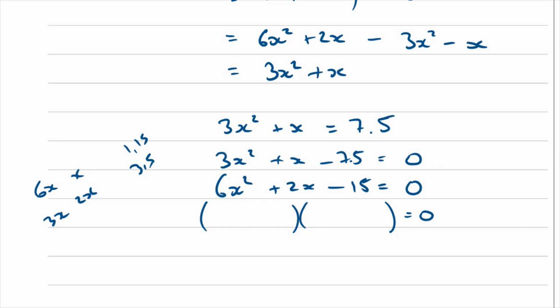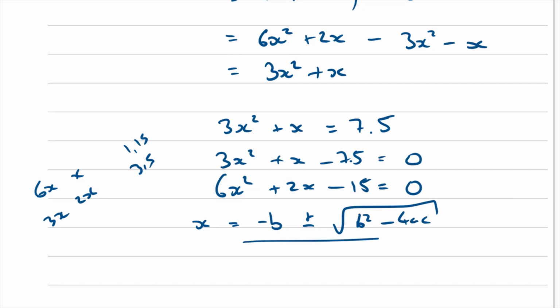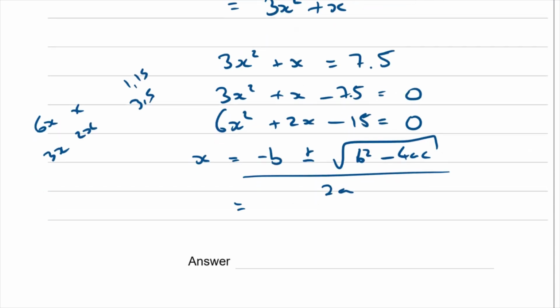That's a bit annoying. So plan B is, if I can't factorize using double brackets, the next thing to do is to use the formula, isn't it? So instead, I'm going to use x equals minus b plus or minus the square root of b squared minus 4ac over 2a. Hooray! Really happy about this. So I'm going to sub the values in from my expression. So a is 6,